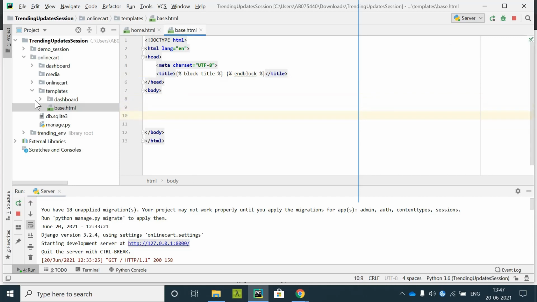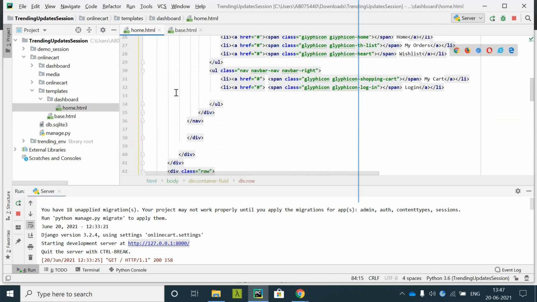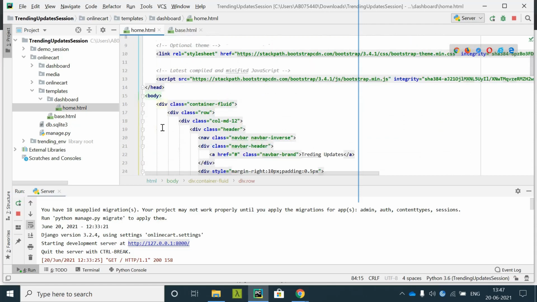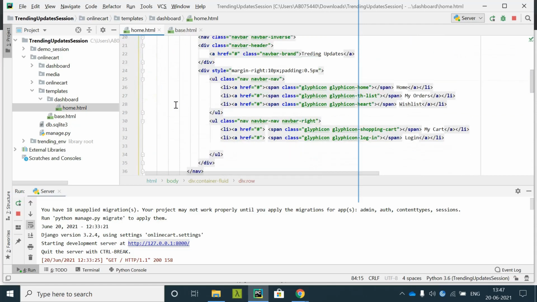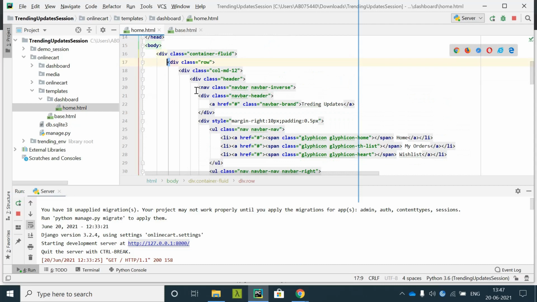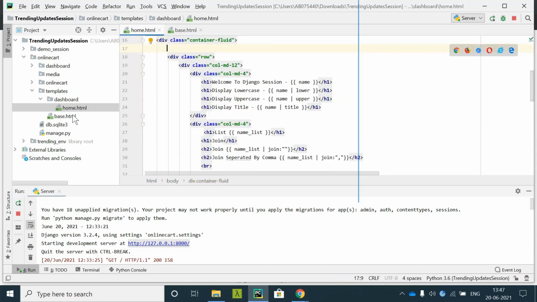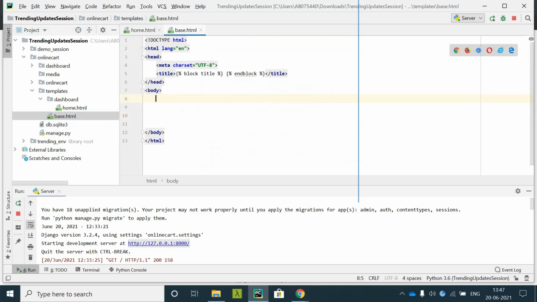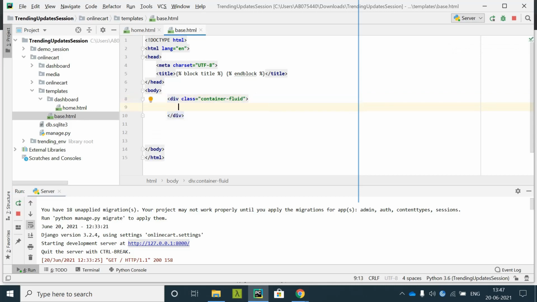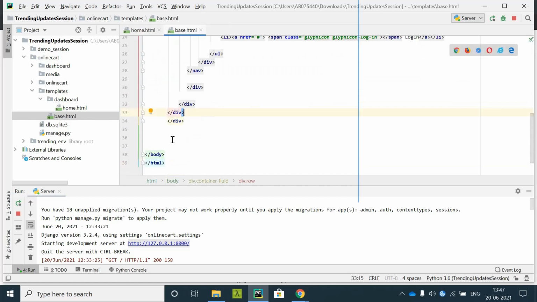Now we'll copy the header and footer that we have created earlier. We'll copy this entire row of header and paste it in. Div container fluid, paste it inside the container fluid.